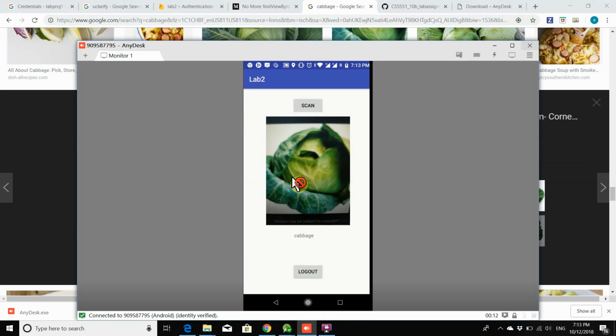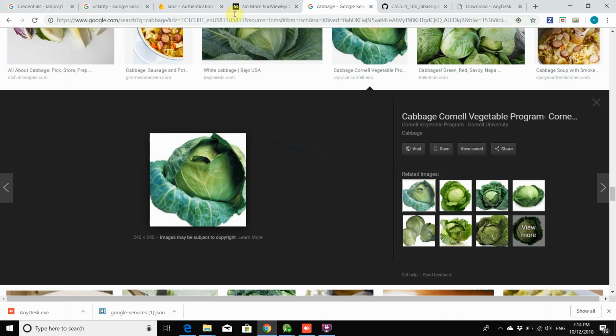As I don't have any cabbage at my home, I'm using this image. Or else you can scan the real world object, and you can also see the result. The result will be the same, cabbage. Okay. And when I click on scan, now when I try to scan broccoli,